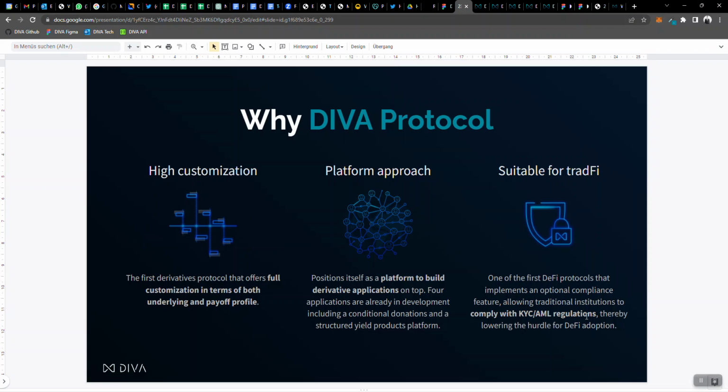So we really want to make this a public good, open and accessible for everyone to realize their ideas. And DIVA protocol charges a small fee on redemptions. So DIVA protocol will benefit the more people start building applications on top of that.